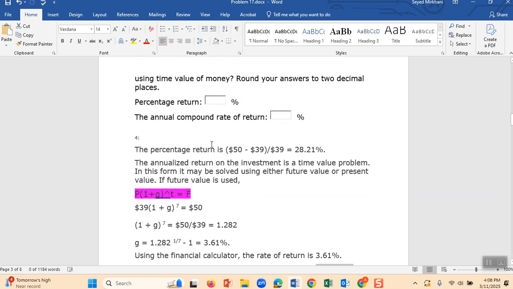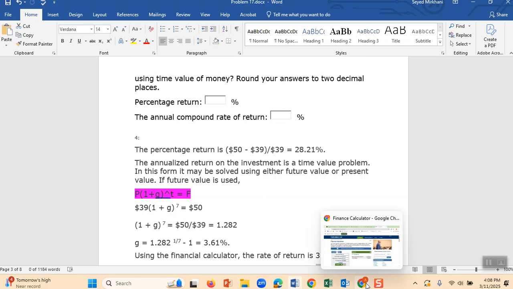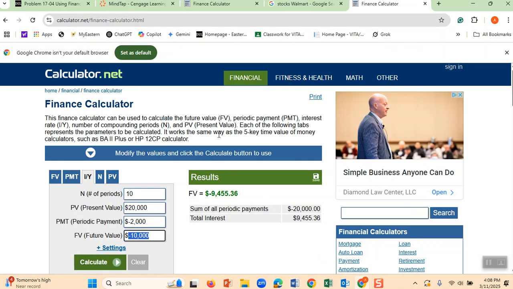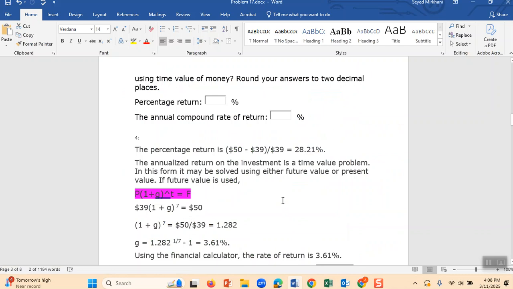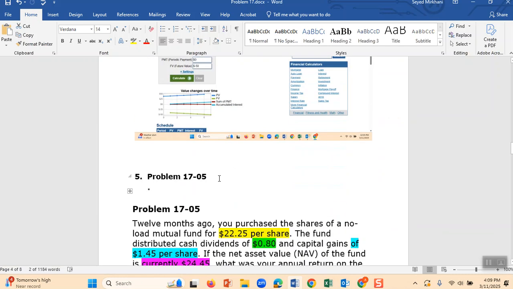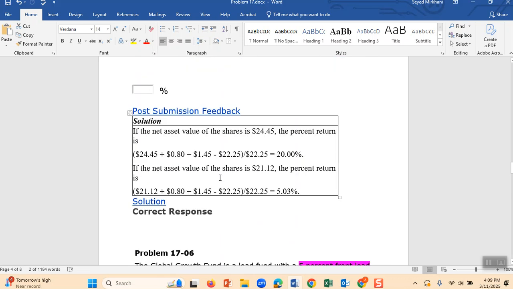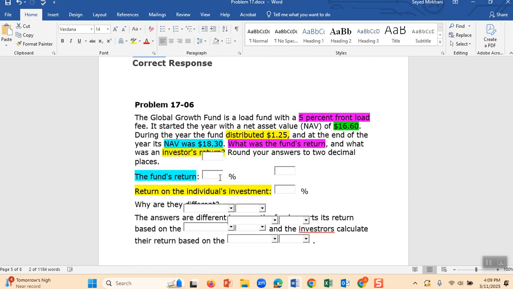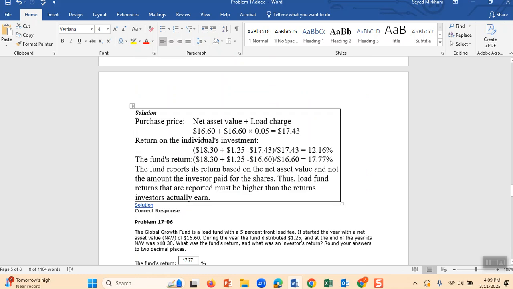And what are these problems? These are the problems of the chapter I solved for you. These are 4 of them. I will make another video for you and answer the rest of them. It can be easier. We have problem number 5. I have solved them, and I will make another video to show you how I solve these problems.